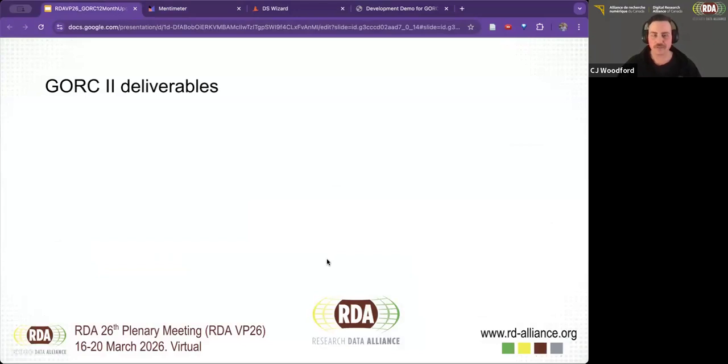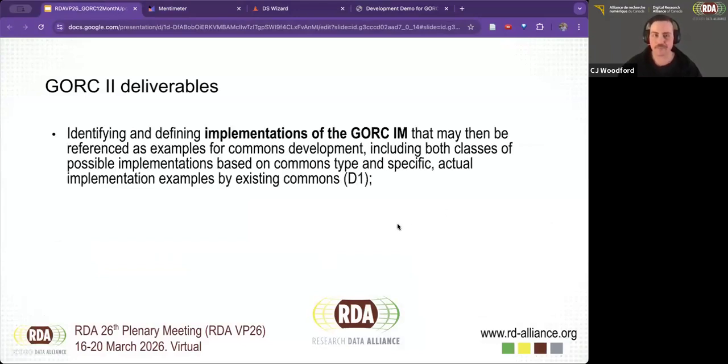I'll quickly go through what the purpose of the GORC2 working group is. We want to identify and define the implementations of the GORC international model. So this is looking at what we would call profiles.